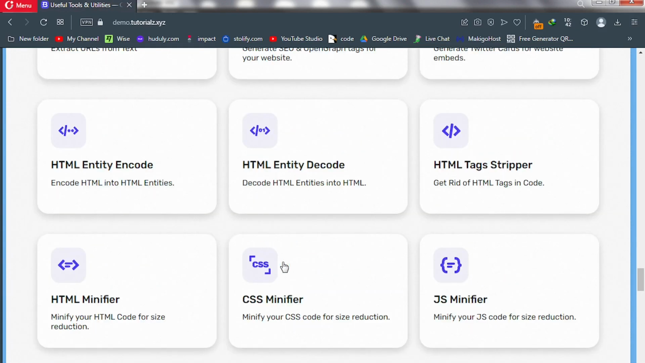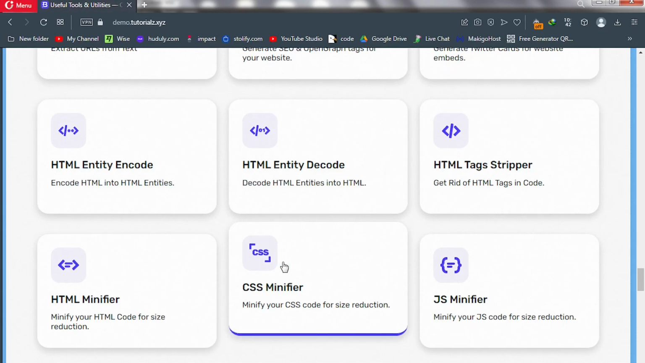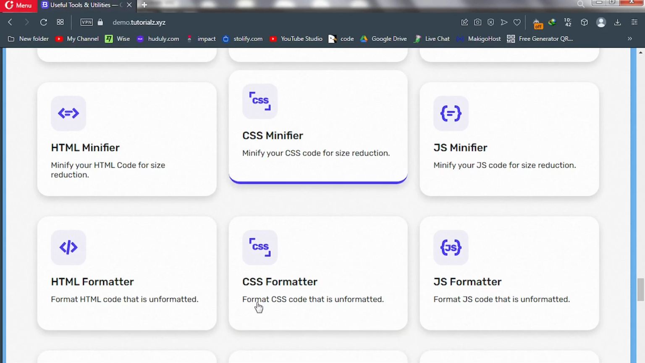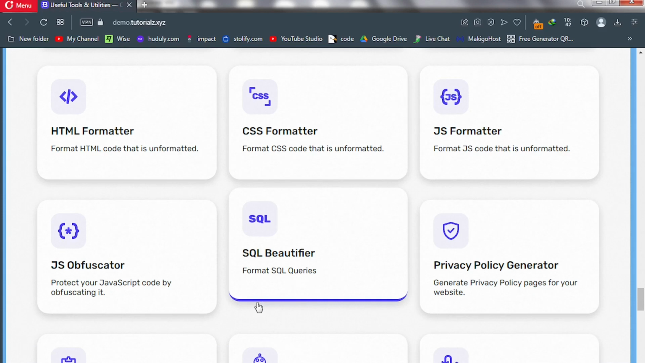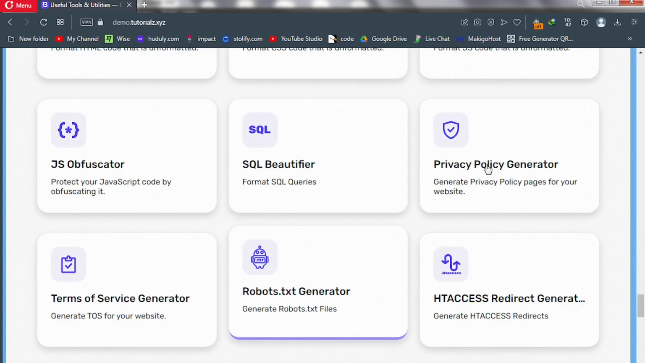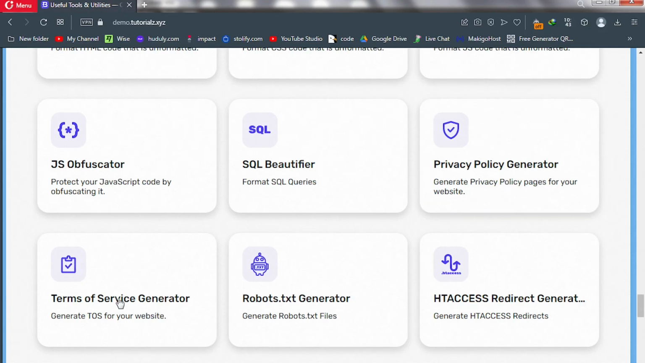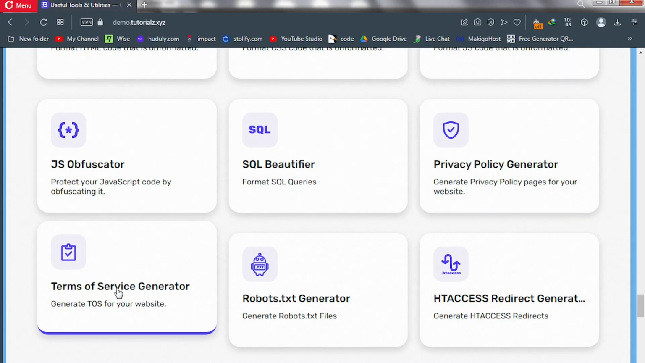We have code minification. If you have HTML code that you want to minify to reduce its size, they can throw it in here and it will minify the code. That's the meaning of minification. Scroll down and then we have the privacy policy generator. We have the terms of service generator. So when you click on terms of service,